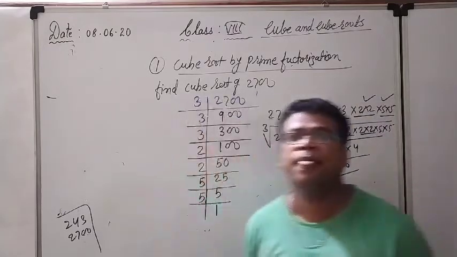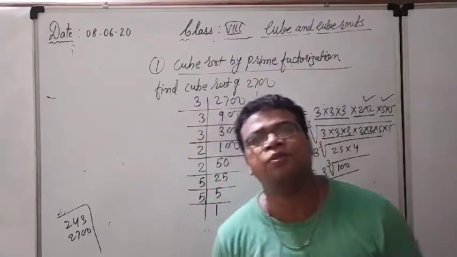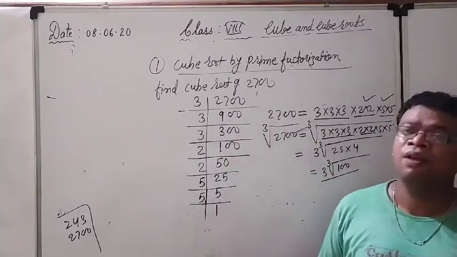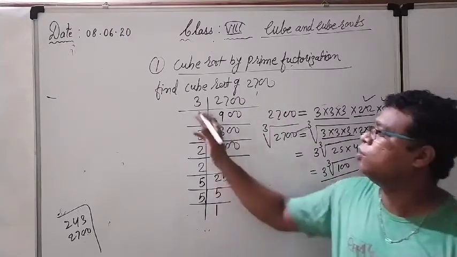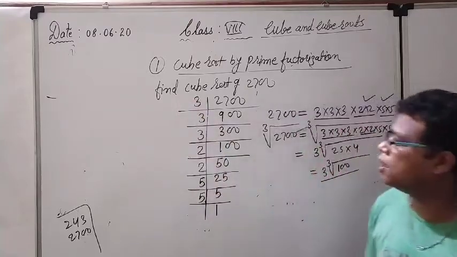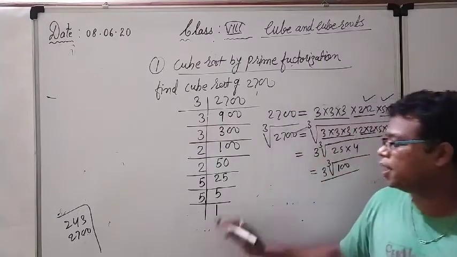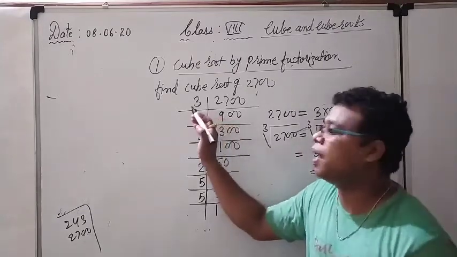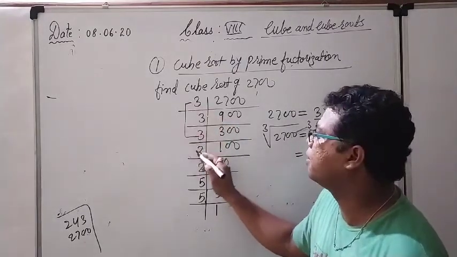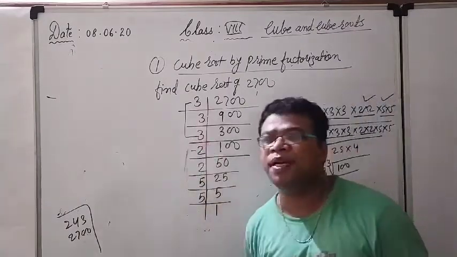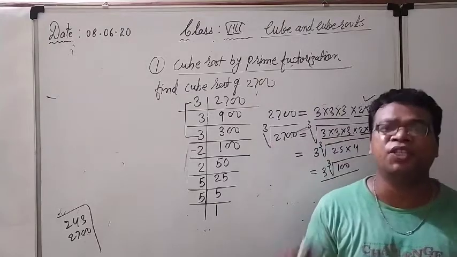I will solve so many practice questions for you. At that time I will tell you how to do it. Very easy. Nothing else we have to do, you only have to understand the procedure. First we have to go for the prime factorization till the end, till we are getting 1. After that we have to make the triplets. So how many triplets will be complete for the different digits?